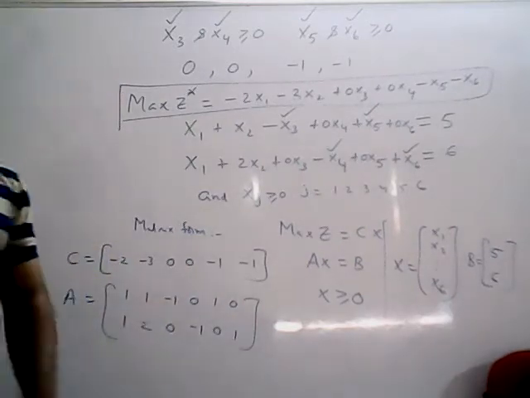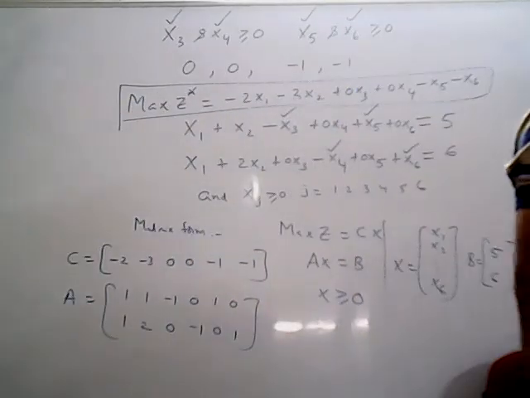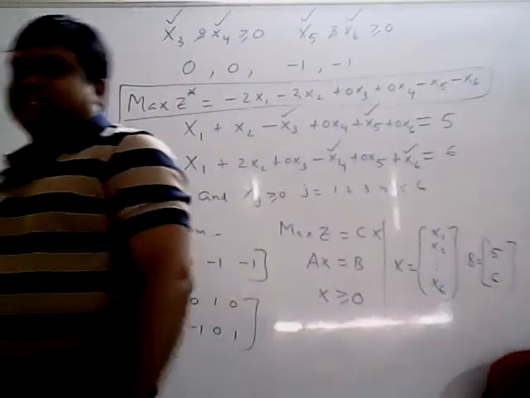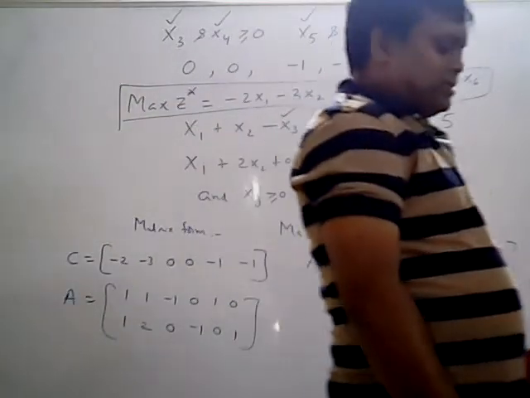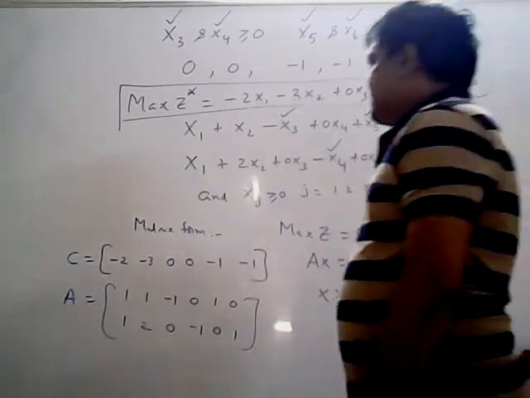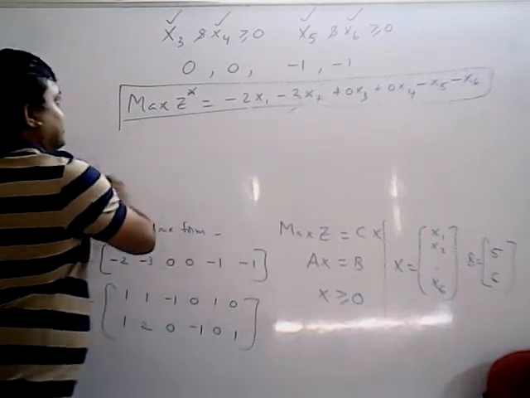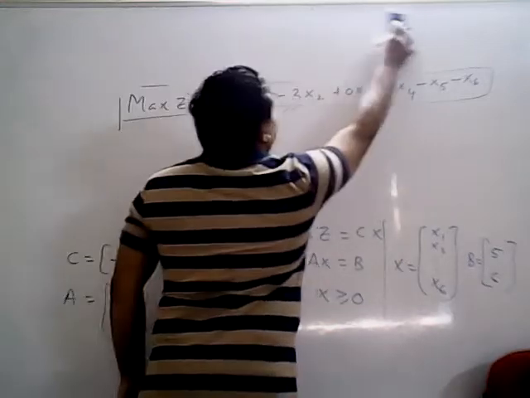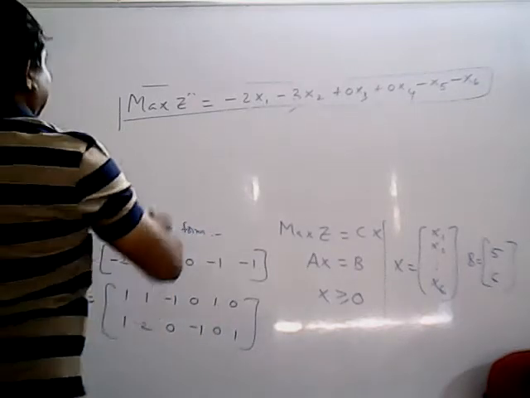Next line: in phase 1, put all the original variable costs equal to 0 except artificial variables in the objective function, then we get the modified objective function, given by,